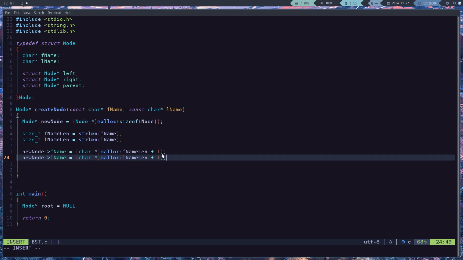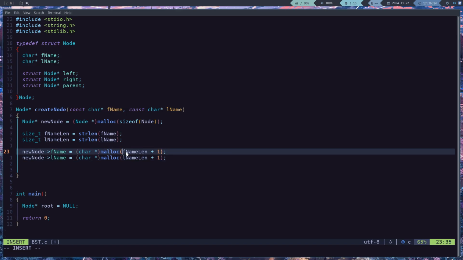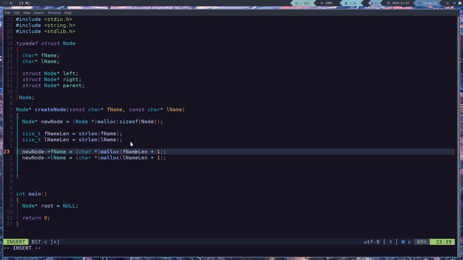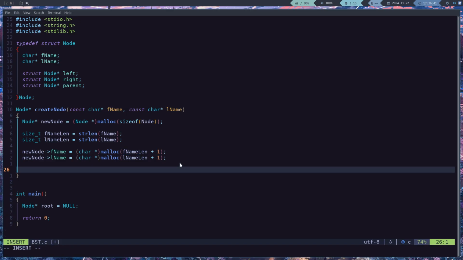Okay, and so all this is doing really is, suppose that the fname, for instance, right, was 5 characters long. Malloc is going to generate, right, size of, and so size t is the parameter that malloc expects, and so what you're getting in here is going to be, for instance, if you put in some string that was 5 characters long, it's going to return it here, and then it's just going to be 6. 5 plus 1 is 6, right? So yeah, you're going to get a total of 6 elements here, so you have an array capable of holding 6 characters, but remember, it's just a chunk of memory somewhere, there's nothing there. Okay, there's nothing there as yet,